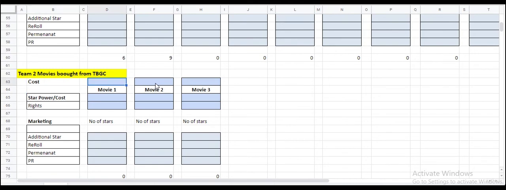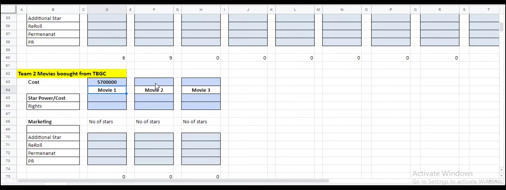This block, after you've verified all the details with the other companies, is for filling in details if you have bought an additional movie from a third party production house that is mentioned on your table. In case you have done that, then you have to punch in the details. For example, say I bought a movie for 57 lakhs. The figures are not correct, but you need to check your reference sheet and see that I bought a movie for 57 lakhs, which had a star power of 10.